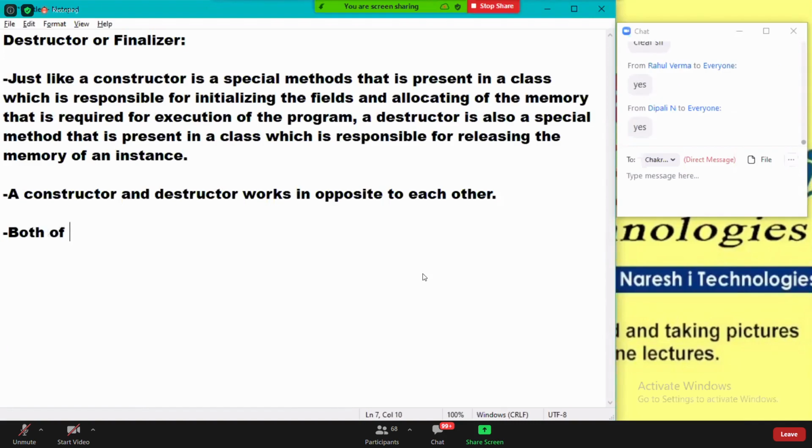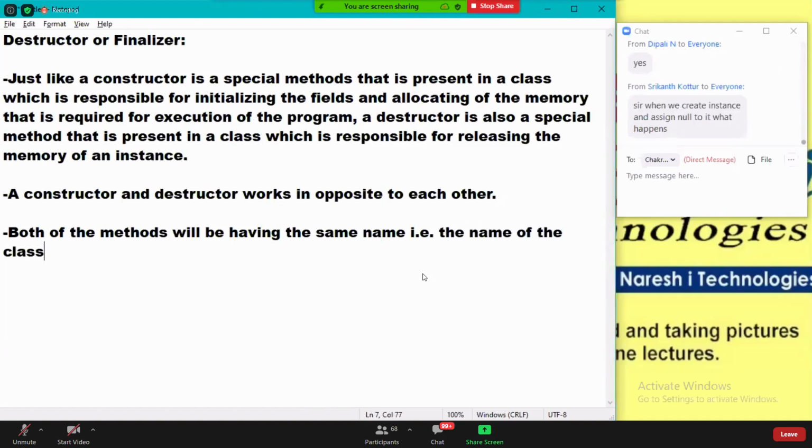Next, both of the methods will have the same name, that is the name of the class in which they are defined. Create an instance, assign null.